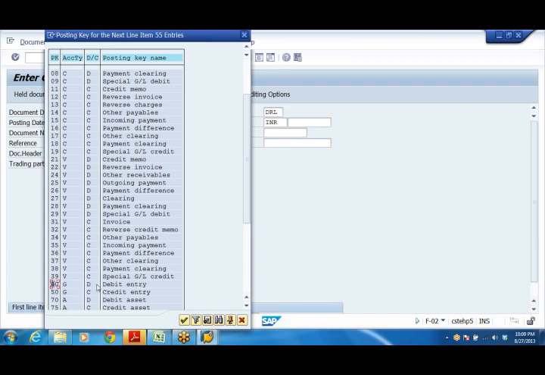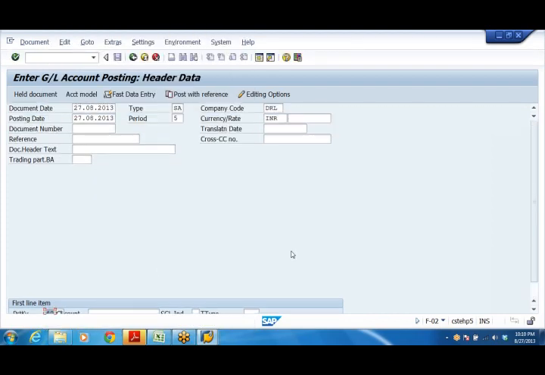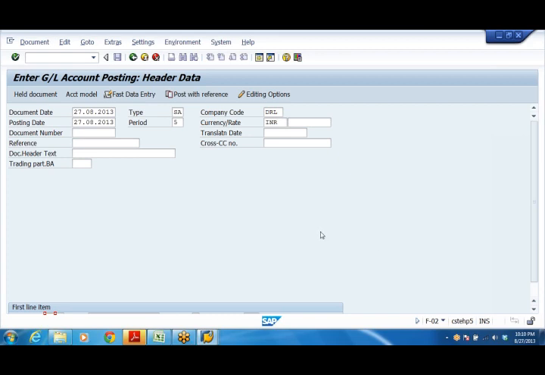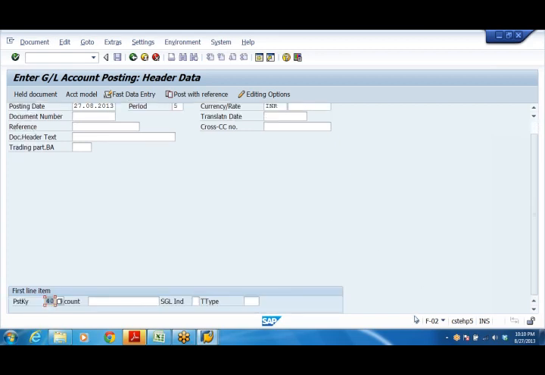For 40, account type G, debit entry D; C for credit, D for debit. So debit entry, credit entry, 40, 50. That is the posting key. If you come through the path F-02, the system by default selects 40.